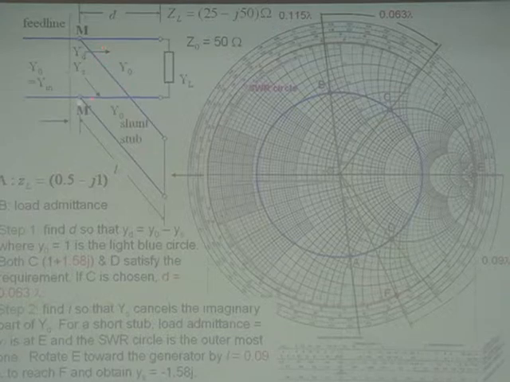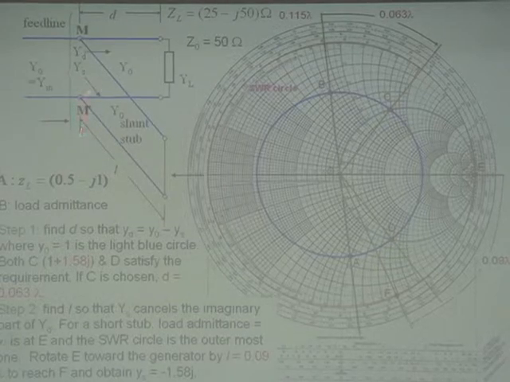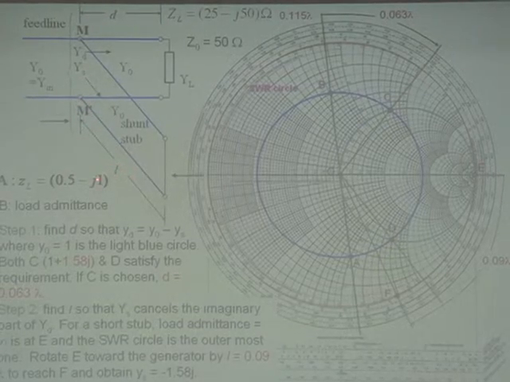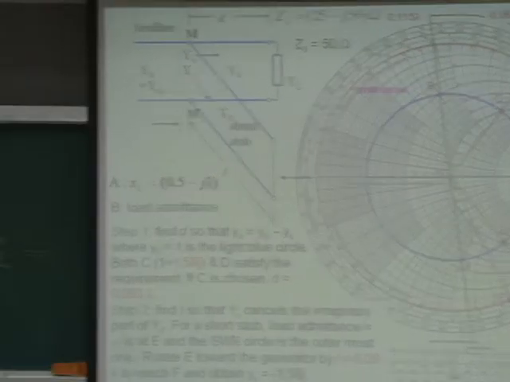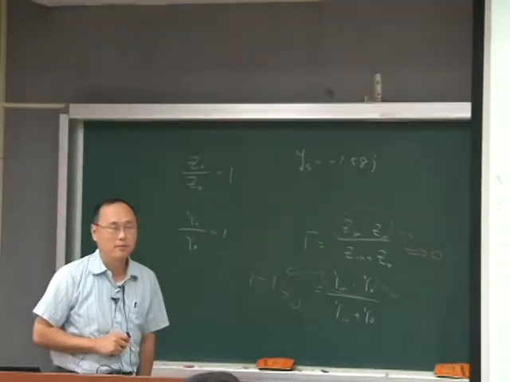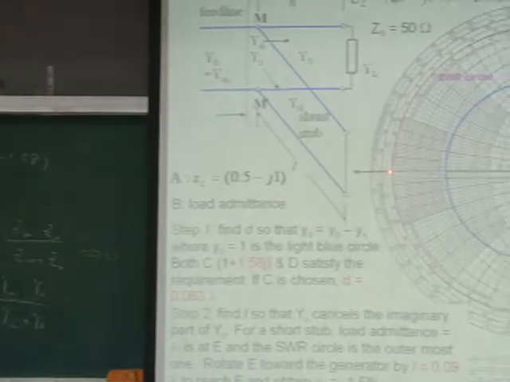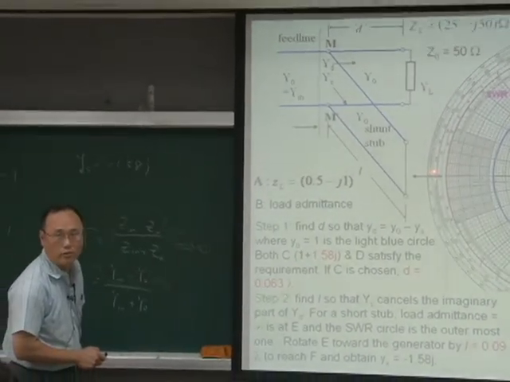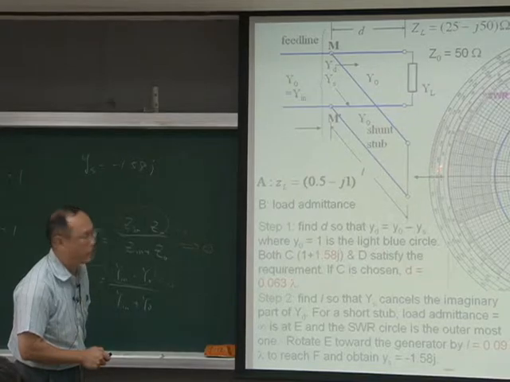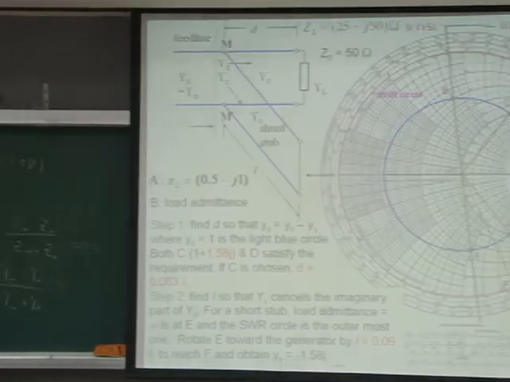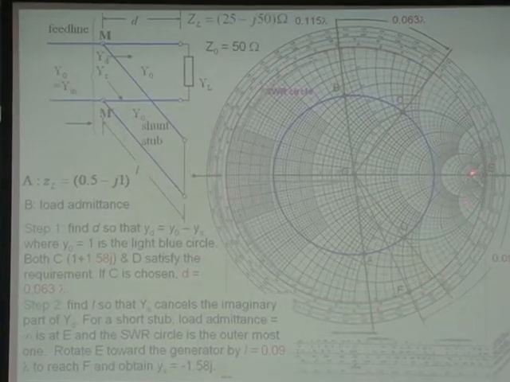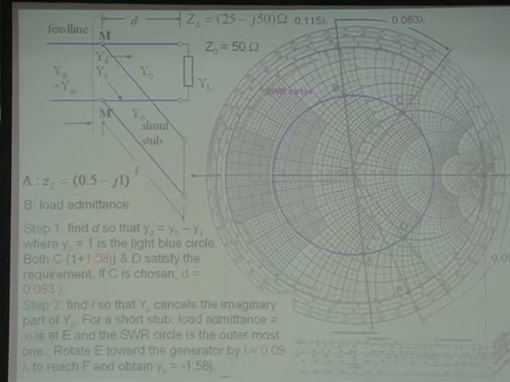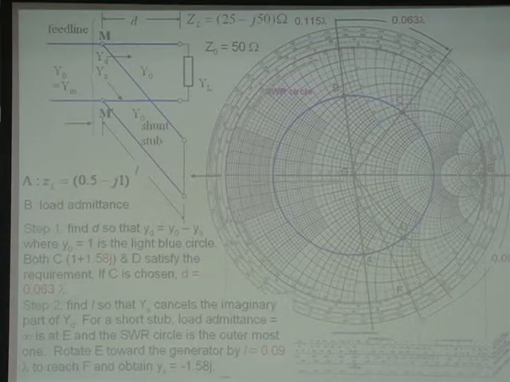Okay, so for this transmission line, you identify the SWR circle like this. And then you want to design this line with the length of L so that your input admittance is equal to minus 1.58 J. 这一点是我的 short circuit 的 resistance RL equal to 0，所以 short circuit 的 admittance 在哪里？180度在这里。所以呢，我移下来，移多少呢？我可以找到一个负 1.58 J 的这个 admittance。